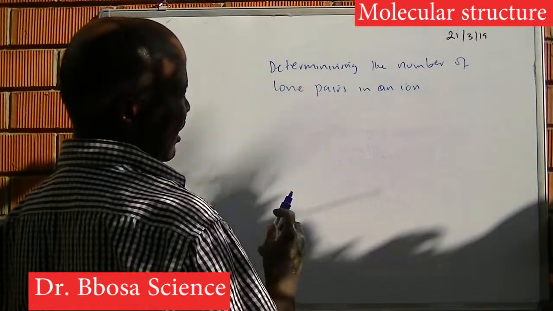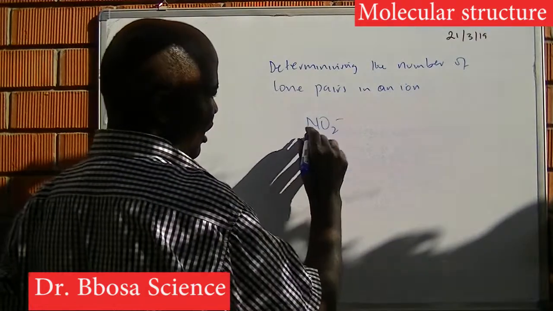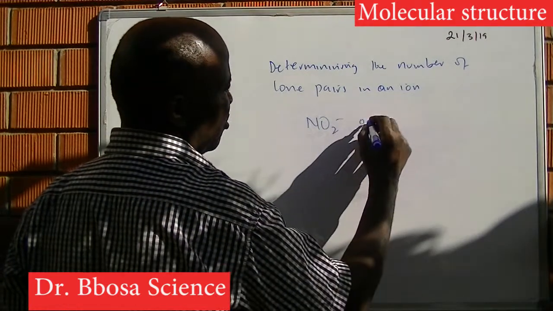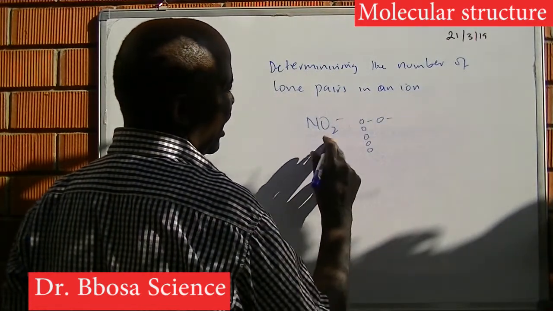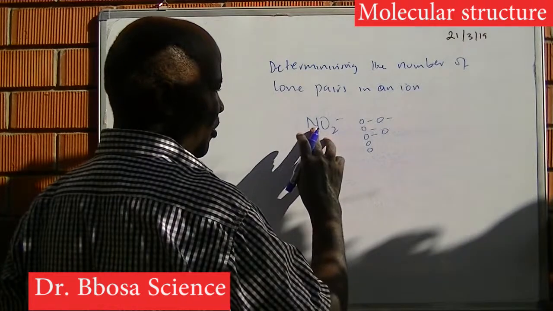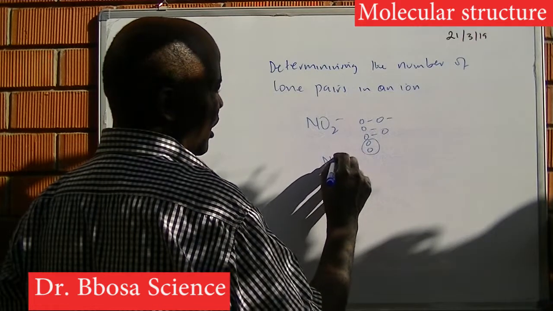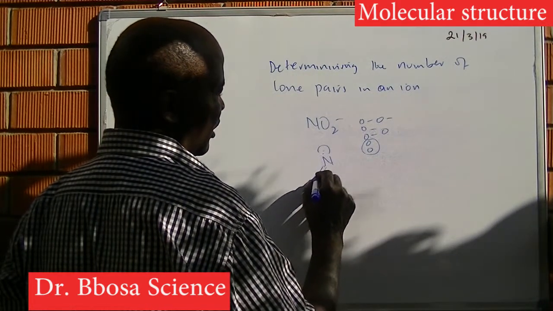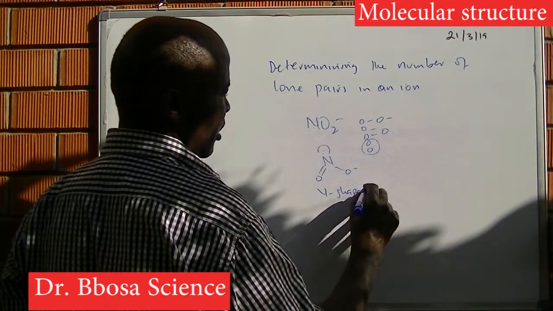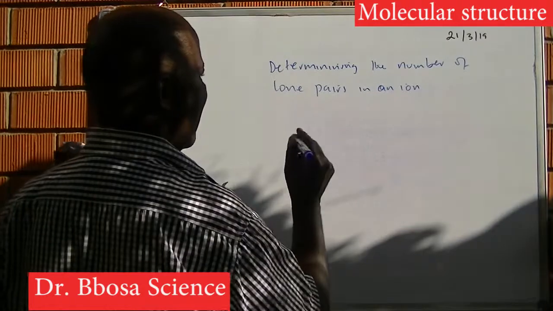Then the nitrite ion, nitrogen has 5 electrons, 1, 2, 3, 4, 5. One oxygen will bond with 1 electron and have a negative charge. The second oxygen will bond with 2 electrons from nitrogen. Then there will be a lone pair of electrons. So the shape here will be N with a lone pair of electrons, and then this one will be V-shaped. Then Cl4